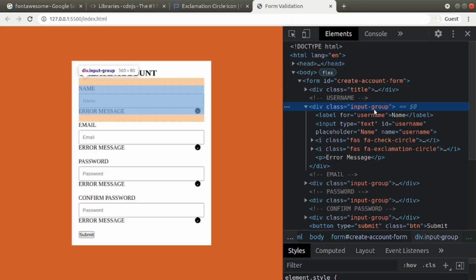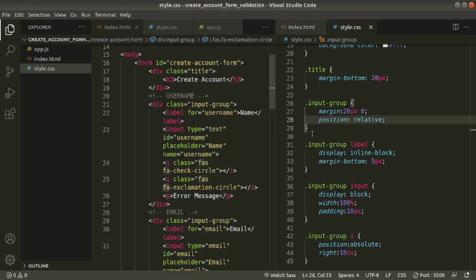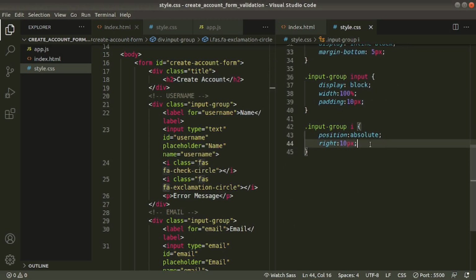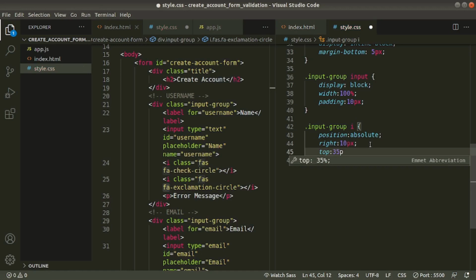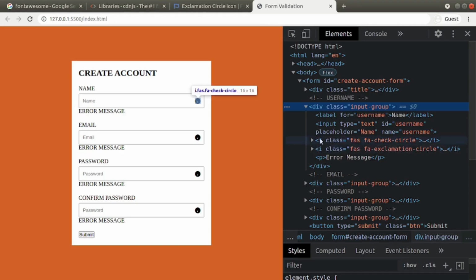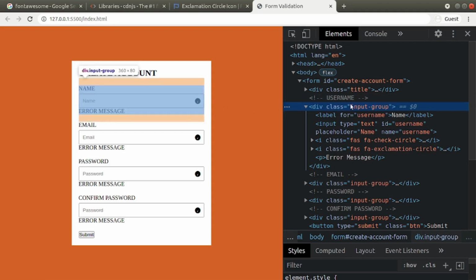See, inside its parent they moved from right 10 pixels. You can see that. Now we'll move top here. Top 35 pixels. Save it and let's go and check. See, they are positioned exactly where we want, but these are not relative to this input field. These are relative to the input group.